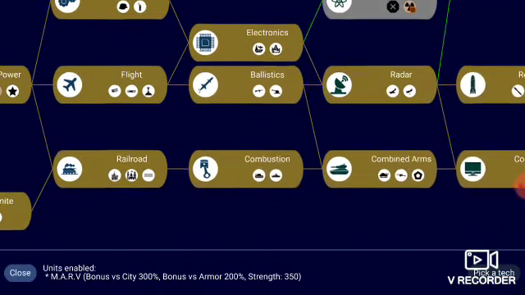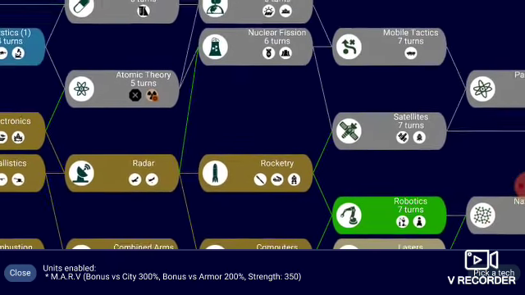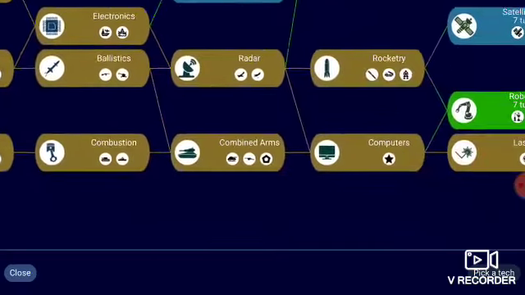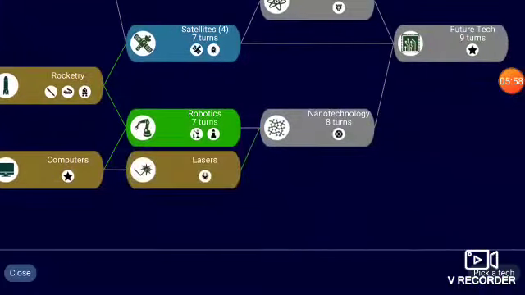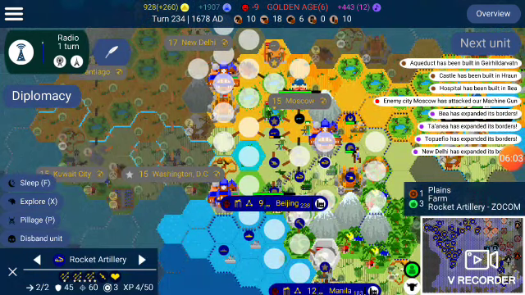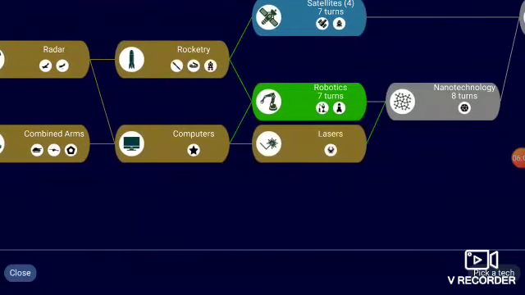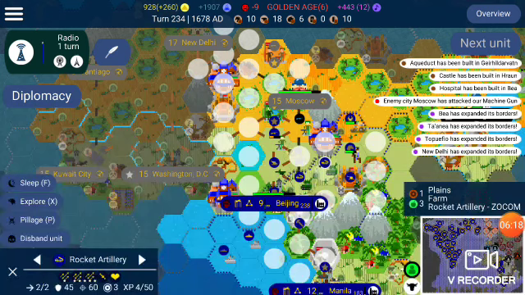I recently got the technology of lasers. I'm trying to estimate here, around 6 to 8 turns ago, I actually got lasers. So around turn 227, I had gotten so much science that I decided to beeline straight towards the technology lasers. Once you get a modded unit that's really great at attacking cities, then you're gonna use such